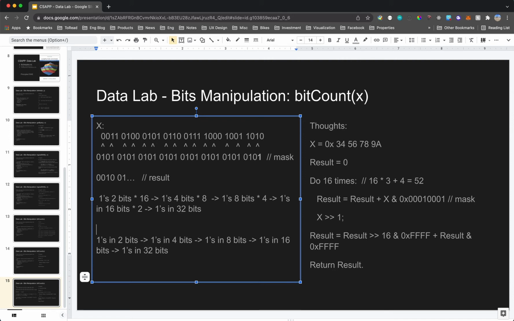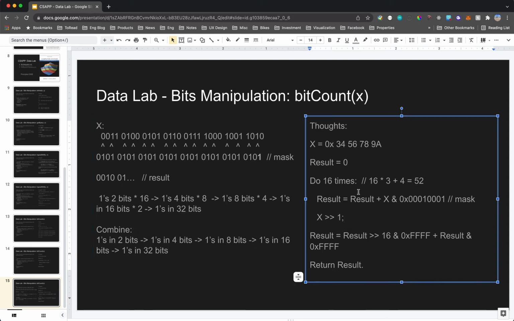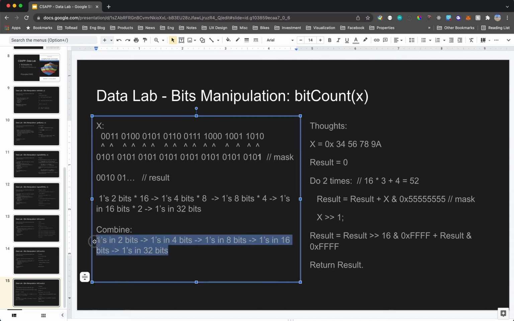combined here. Cool. So let me write it down here. Translate to the code. So now we do it twice. What should this mask be? It's 0x55555555, right? And then to do this last step here,